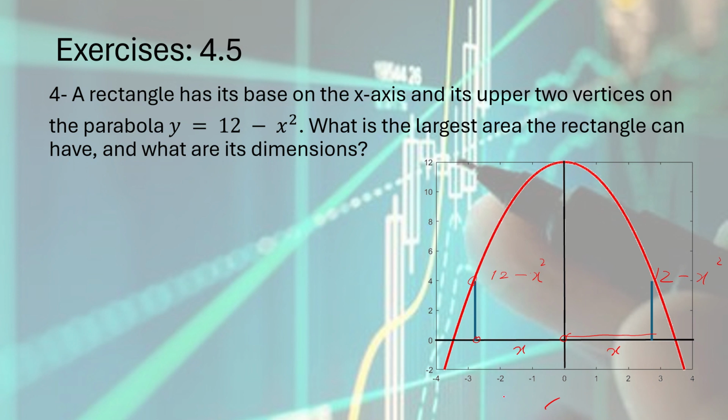ठीक है, तो यहाँ से लेकर यहाँ तक जो लेंथ है वो 2x हो जाएगा, because x plus x, that is 2x. Okay, so once we have that length and that height, the area of the rectangle will be, area is what? That is length multiplied by the width. So length is 2x because it's x plus x, that is 2x, whereas width has been found to be 12